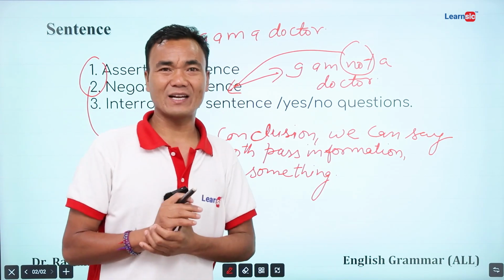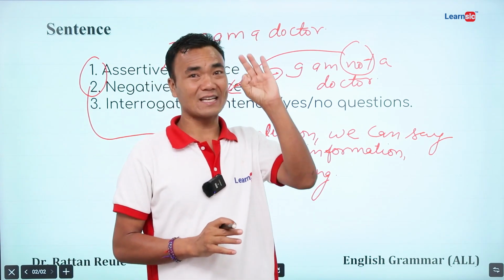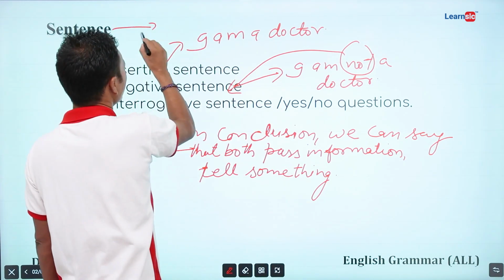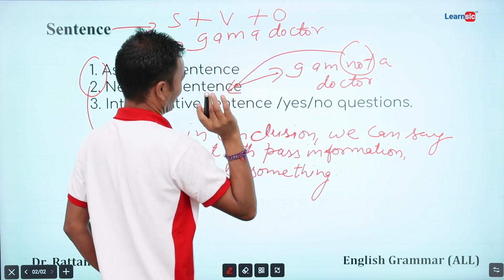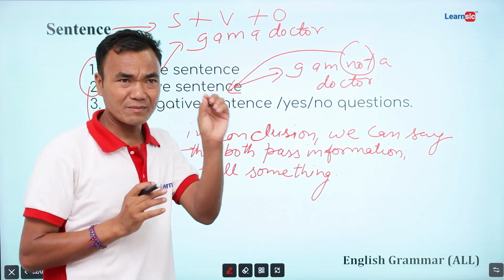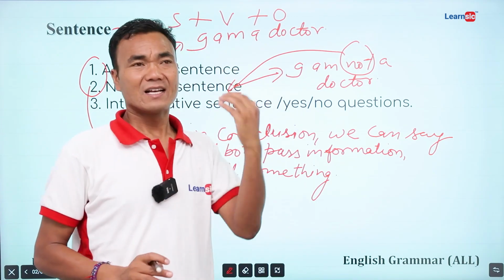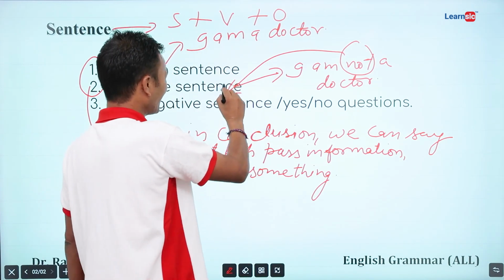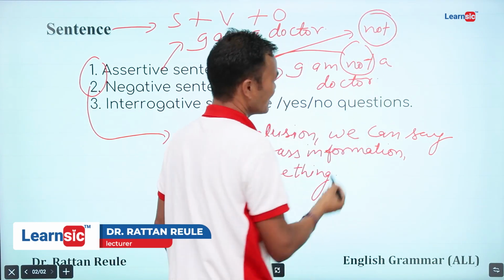So this is the way to learn, my dear class. A normal sentence has three things. What are they? We can revise it. A sentence has subject, then verb and object, right? A simple and normal sentence has three parts: subject, verb, and object or other words. But one thing extra it has is "not" in that sense, right? So this much for this